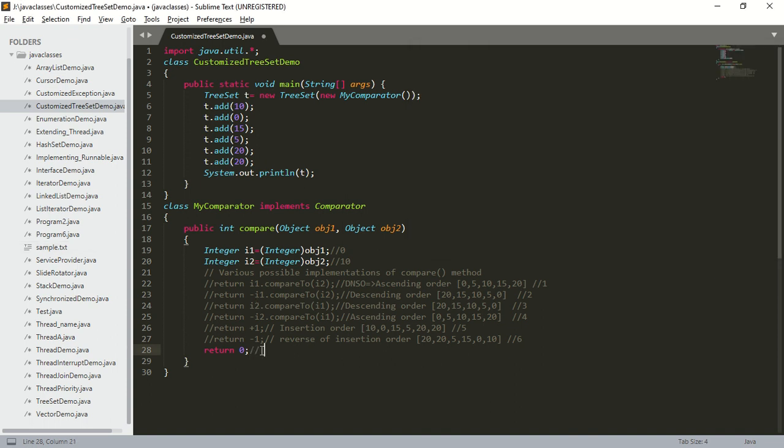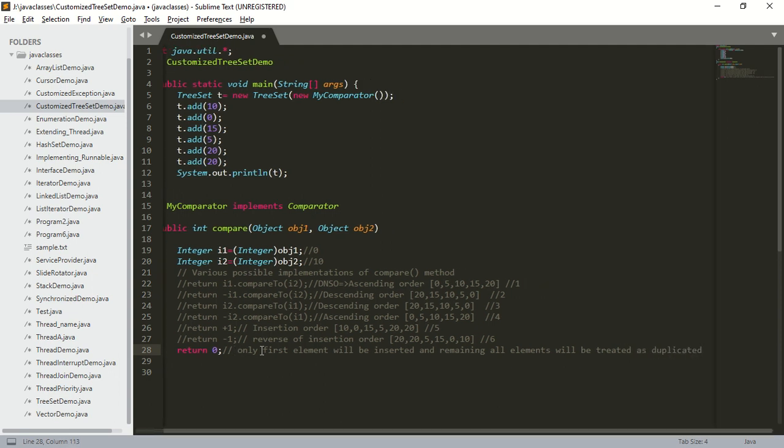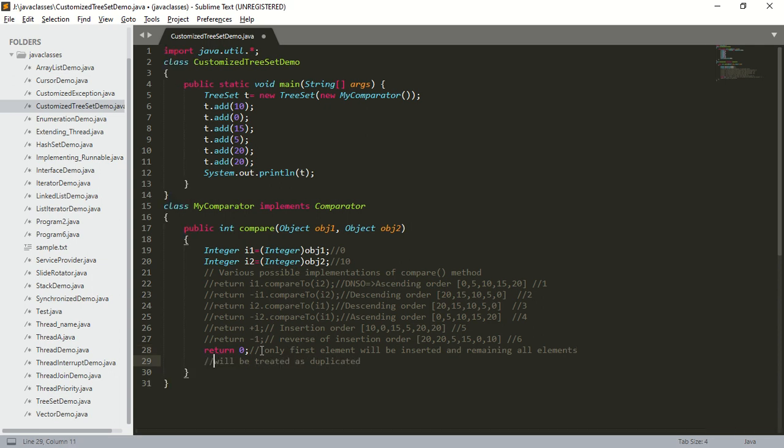So what does this mean? This means that only the first element will be inserted and all the remaining elements will be treated as duplicates.